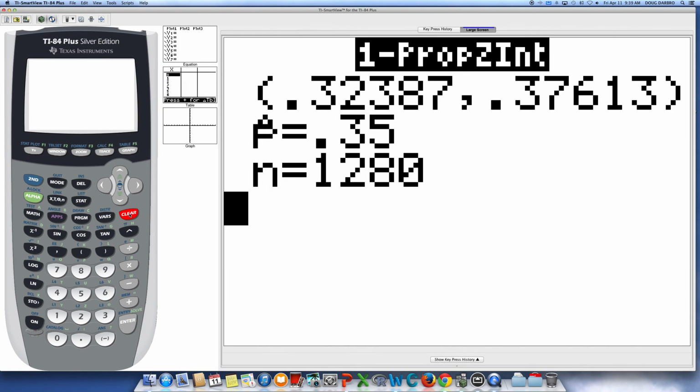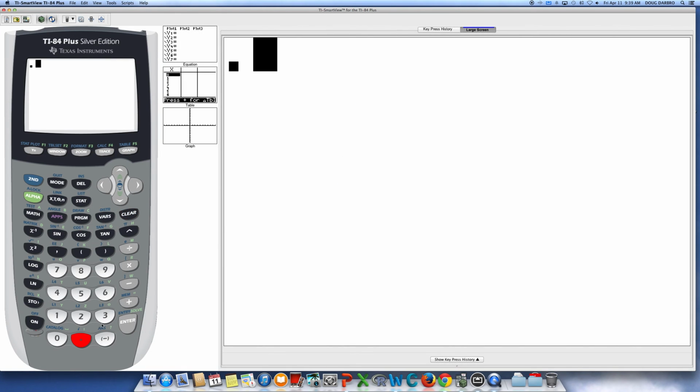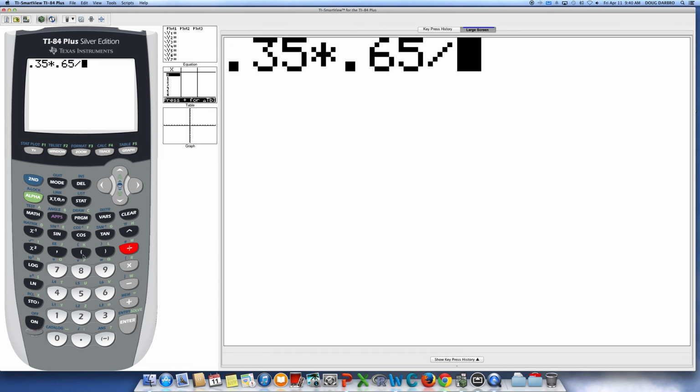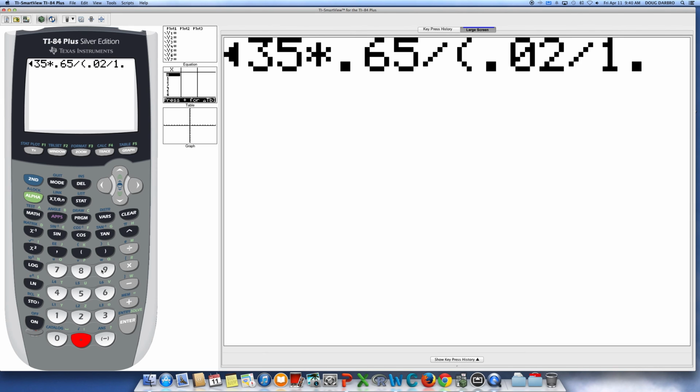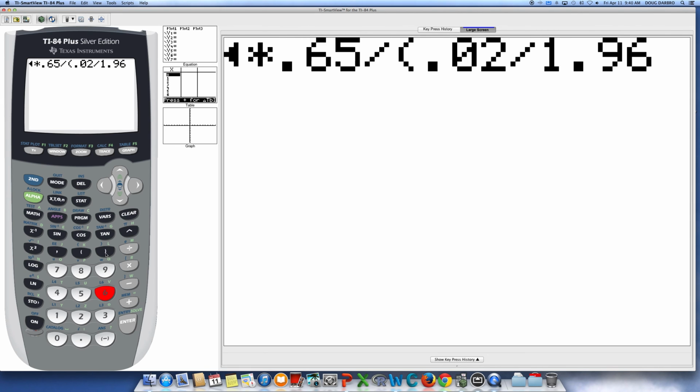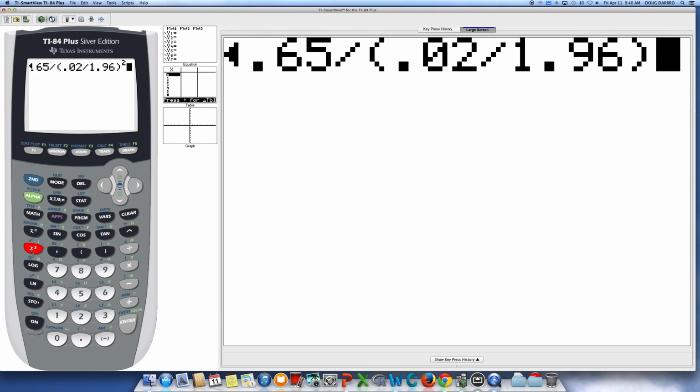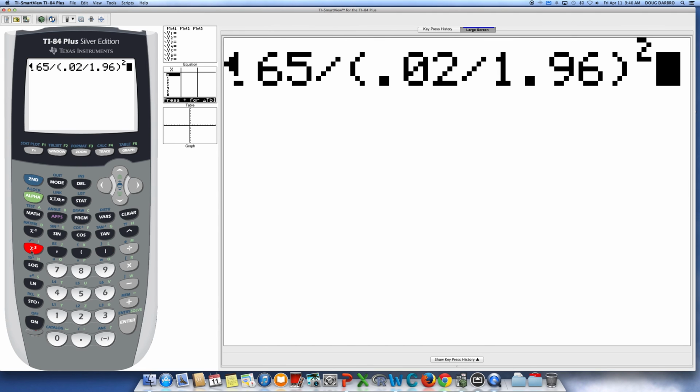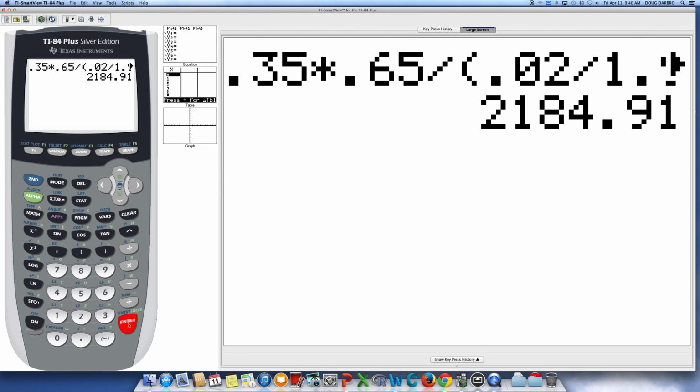And I'm going to clear things out. So I need 0.35 times 0.65 divided by, and guys, I have to divide by the entire quantity, 0.02 divided by 1.96, and then I've got to square that. So I hit enter, and I get